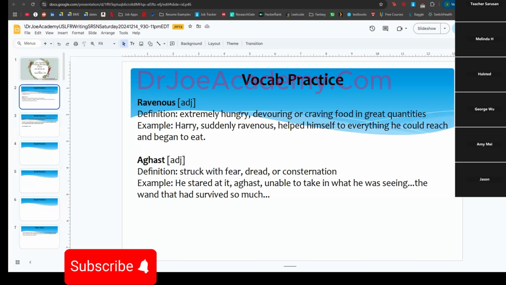All right. Excellent job. So, ravenous. You guys have probably seen this. It's kind of used to describe a more wild and almost animalistic type of personality or action. In this case, we are specifically talking about how it is related to people being hungry, extremely hungry, devouring whatever they're eating, and just eating in really large quantities. So Harry, suddenly ravenous, helped himself to everything, meaning Harry suddenly got extremely hungry and he devoured whatever food's in